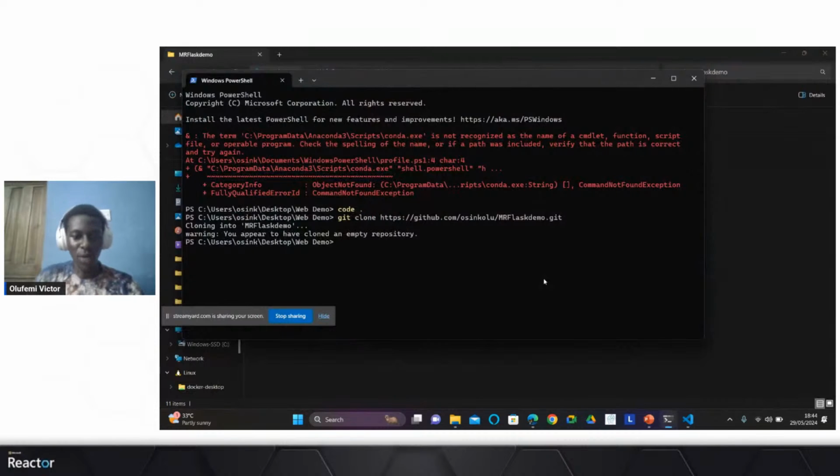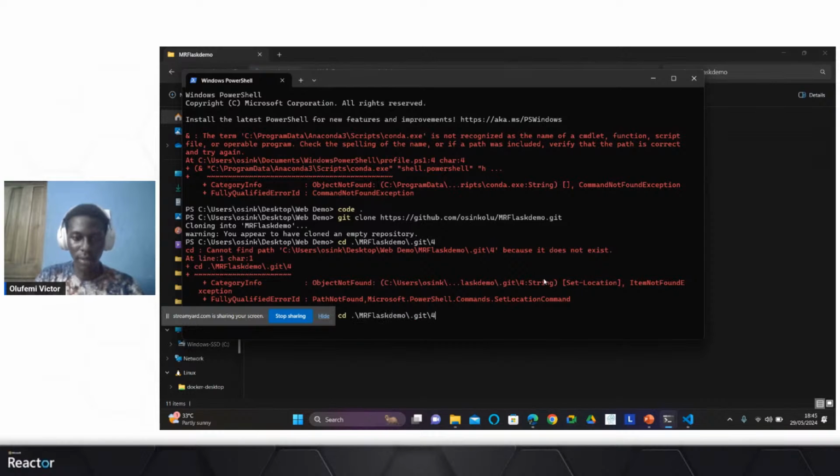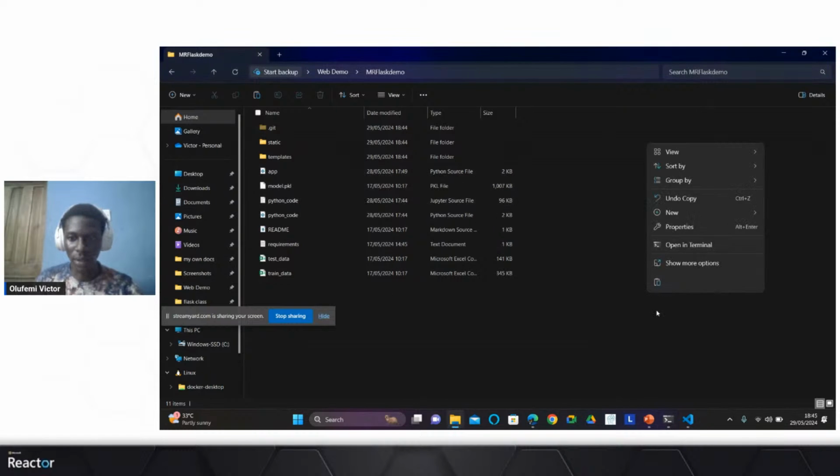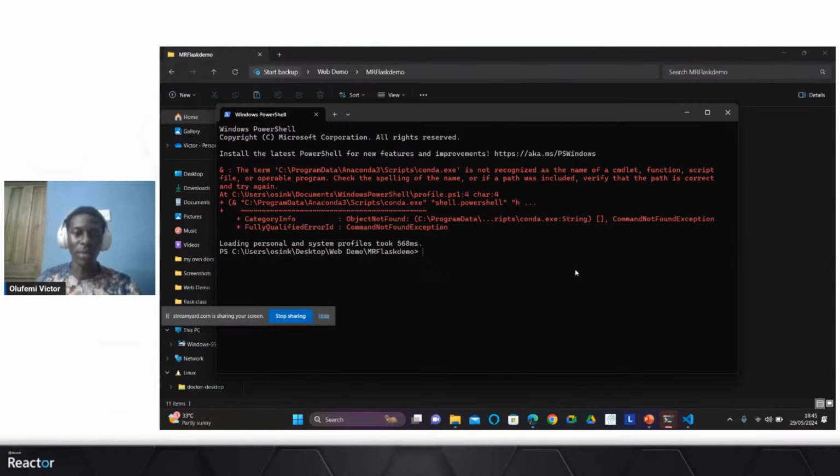Yep. So now we can just cd into the repository we've created. Okay. One second. Okay, let me reopen the terminal here. All right.